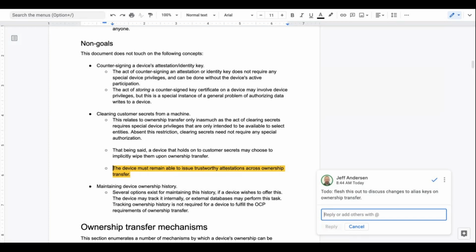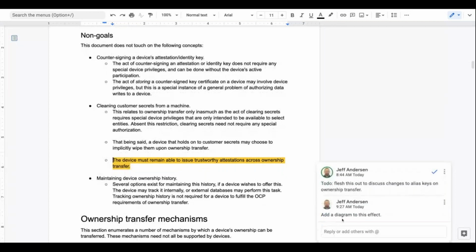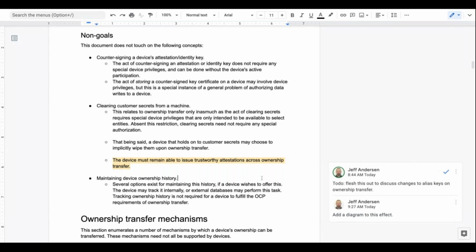Let's see. I'm trying to kind of differentiate between the transfer key, device update key, and the device owner key. Transfer key, device update key kind of makes sense. I'm trying to define a need for the device owner key in addition to the device identity key and the device attestation key. Can you clarify what you mean by device owner key? Because owner key has been used a couple of times and it's kind of ambiguous at this point. Are you referring to the key which endorses a device's identity? Yeah, exactly. Device owner CA.